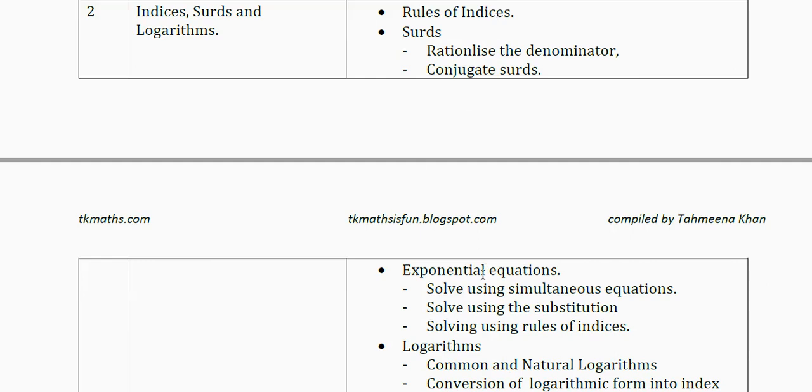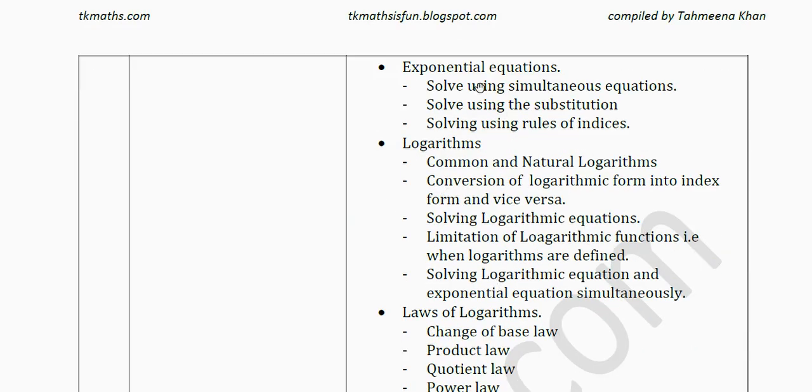But if at any point, for example, I'm reading conjugate surd and you ask, what is this? What do I have to do in it? It means you need a recap, you need revision, right? So you can refer to your textbook, or any YouTube videos, or my videos that are available. You can refer to those for a quick revision or a quick recap if you cannot recall it at that point. And you should know exponential equations, what they are, how to solve them simultaneously,